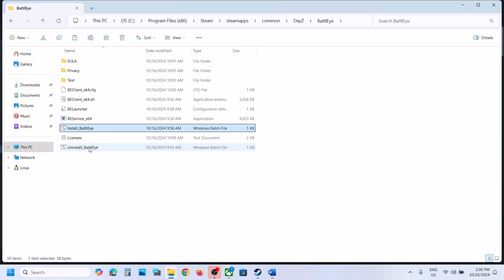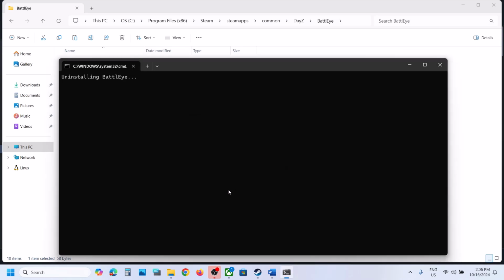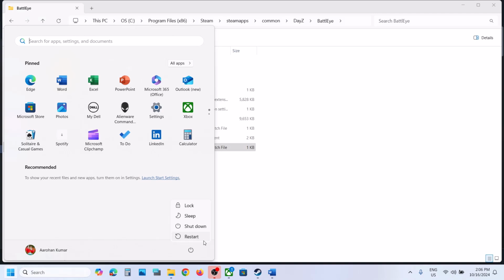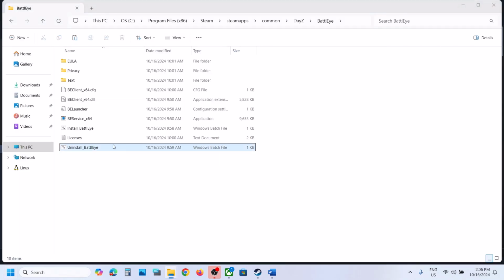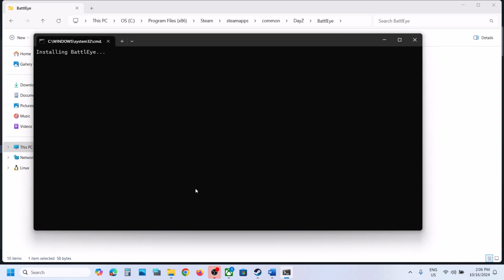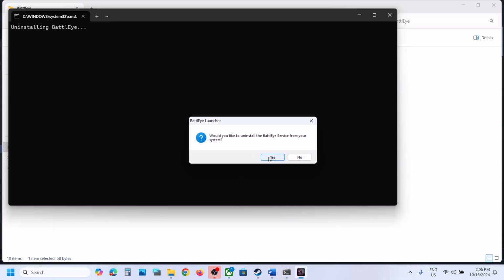Still not working, then you can uninstall BattlEye, click on yes, click on OK, and then restart your computer. And after the system restart, you can install BattlEye. So make a double click over here, click on yes to allow, and now you can launch the game and then check. Still not working, you can uninstall BattlEye, click on yes,